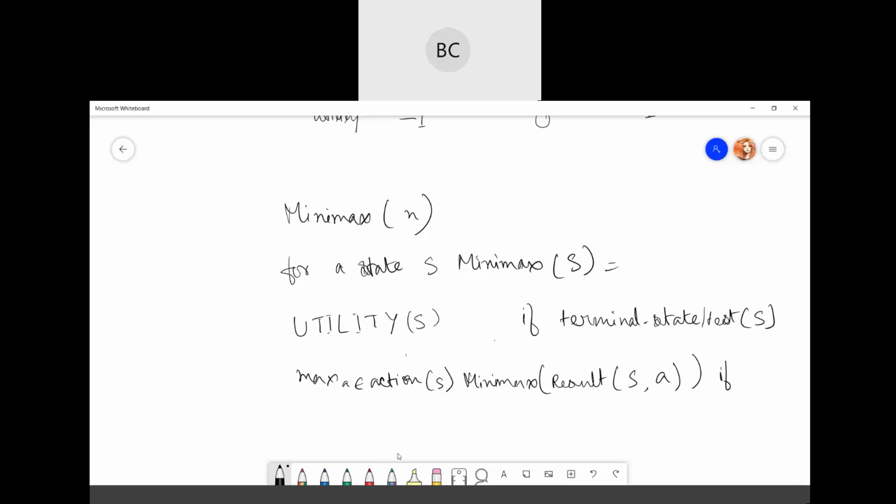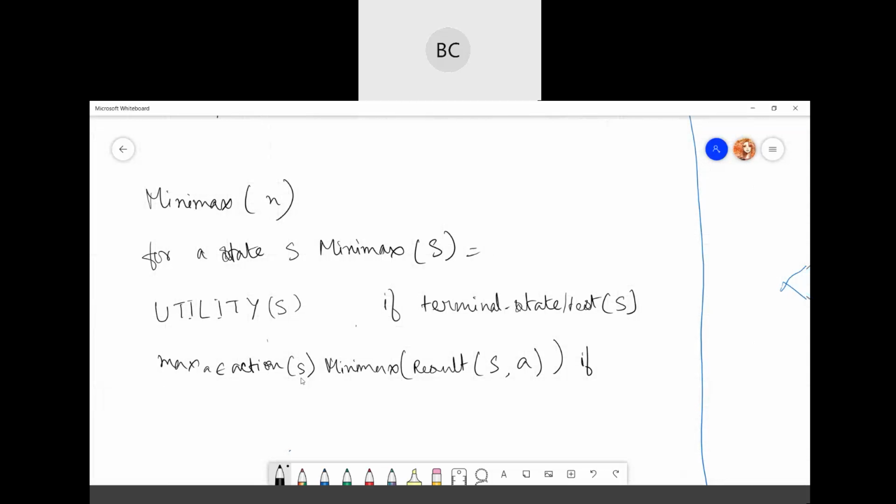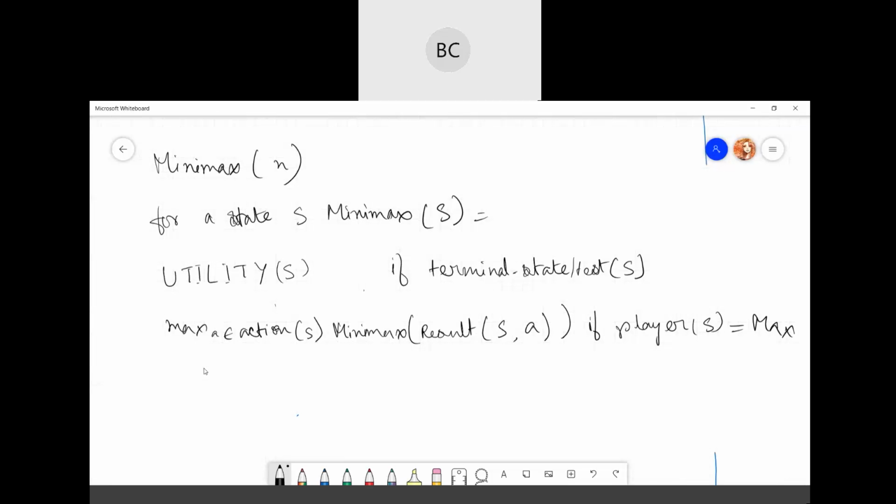So this is if player of S is equal to max. This function will be used for max.